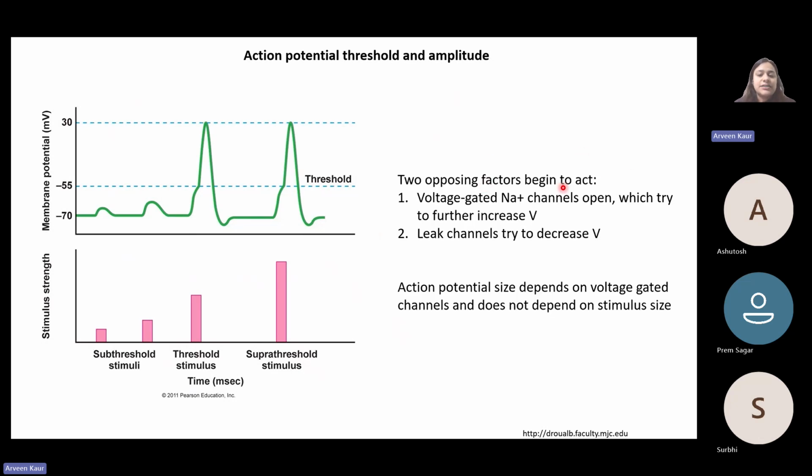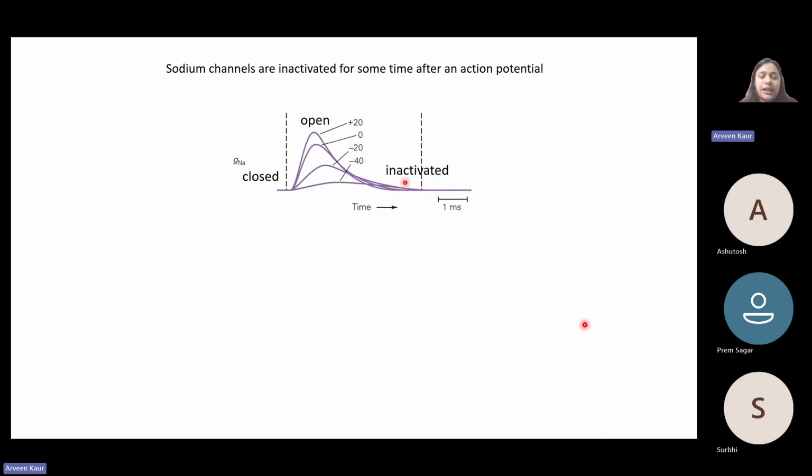So there are two factors that begin to act. The voltage gated sodium channels open up, which try to further increase the potential difference, and the leakage channels which try to decrease the voltage. So the action potential size depends on the voltage gated channels and does not depend on the stimulus size by itself, right? So if sodium channels are inactivated for some time after the action potential,